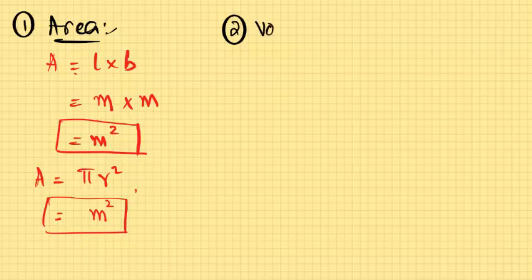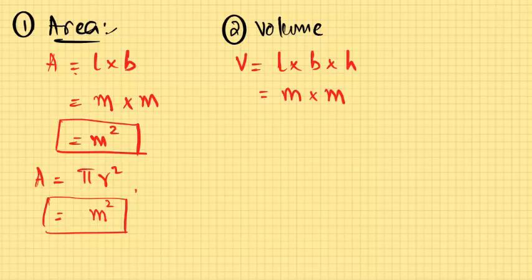That is volume. Now we all know that, for example, if I have a cuboid, the volume of a cuboid is given by length into breadth into height. Now length is measured in meters, breadth is also a length, that will be measured in meters, height is also a length, that will be measured in meters. So meters times meters times meters, that will be meter cube. So the SI base unit of volume is meter cube. Similarly,